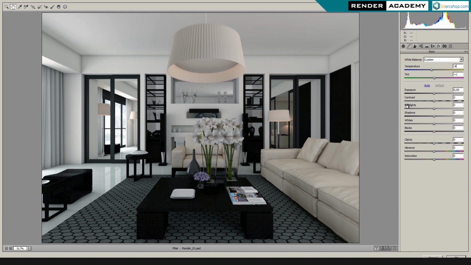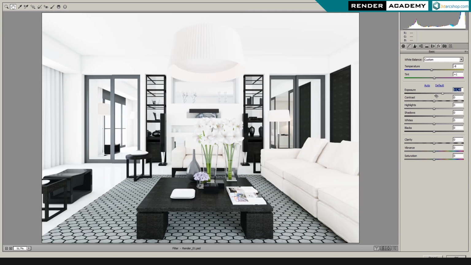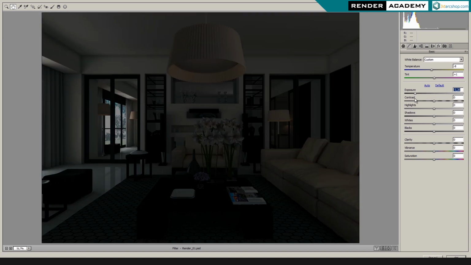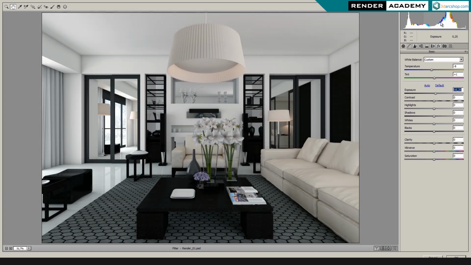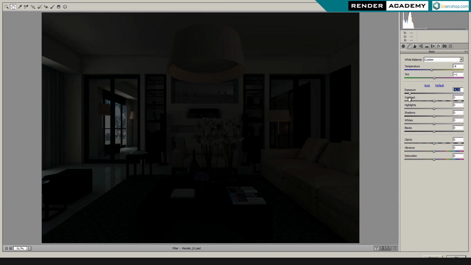Camera raw is very cool because I have here the histogram that represents how the brightness of the pixels is spread inside the file. So I have the black and I have the white. I have the shadows and the lights, and I have the mid-tone. Here they are named exposure. So I can click directly on the histogram, or I can move the values here, and I can increase my exposure. And because I'm working with 16-bit per channel, you may notice that if I decrease the exposure, the scene